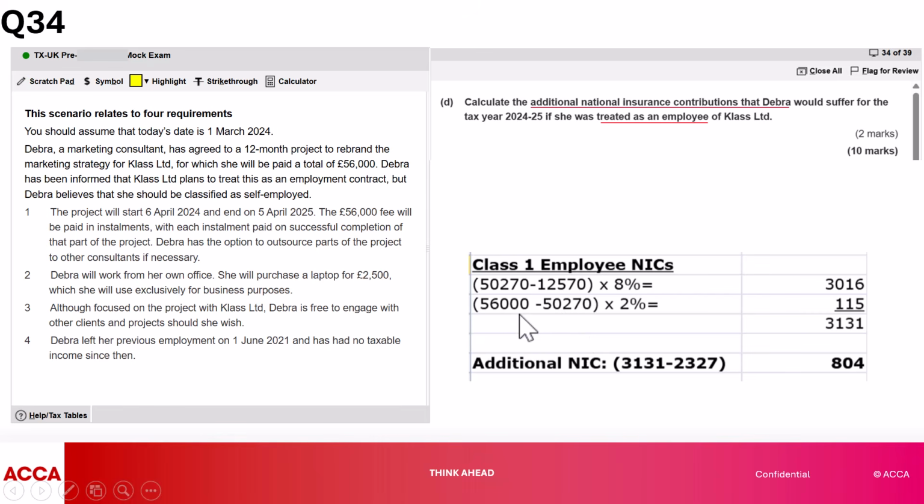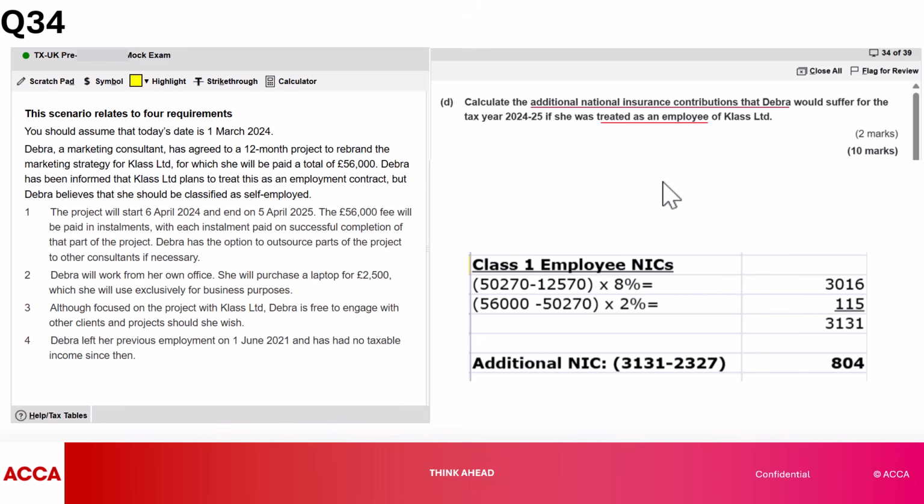Now that her earnings are 56,000, since she's an employee, we won't deduct the 2,500 because as an employee, how would you even consider this? As a business, you'd claim capital allowances. But now that she's an employee of the company, you start to realize this can in itself be considered as earnings. All right, this 56,000 can be considered as earnings. And that's what we compute